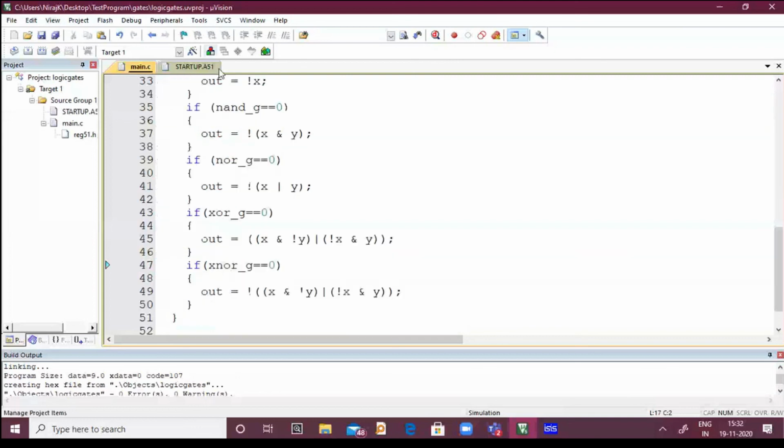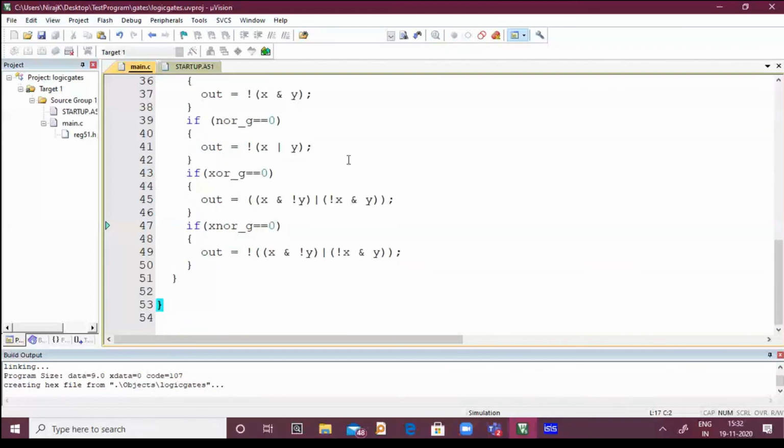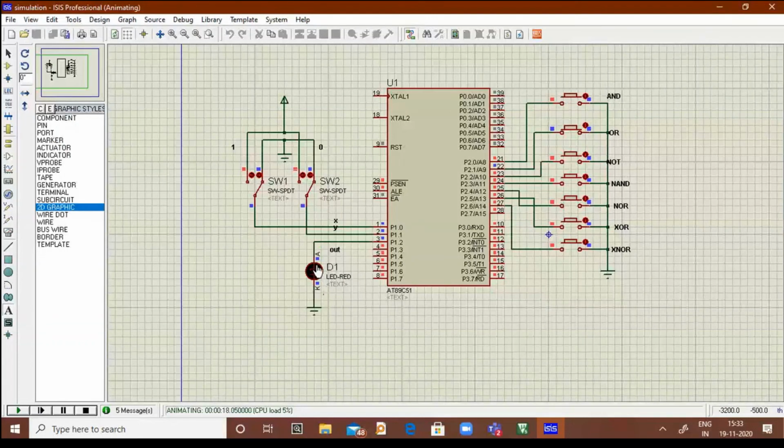Okay. So all the gates I have done. Now we are going to check the truth table by executing this. I will press the AND gate first. Stop this, I will keep on running this. So I'll press the AND gate and check the inputs. When both inputs are 1, my output is 1. When both inputs are 0, my output is 0. So the AND gate has been satisfied. Now I press the OR gate. If any one input is 1, my output is 1. When both inputs are 0, my output is 0. It's again satisfied.